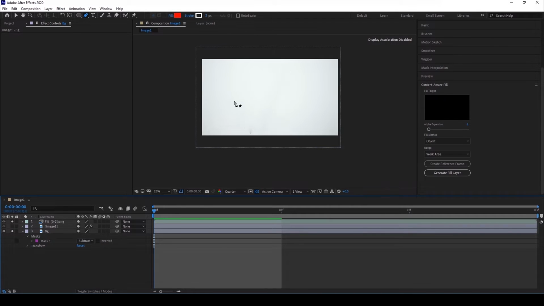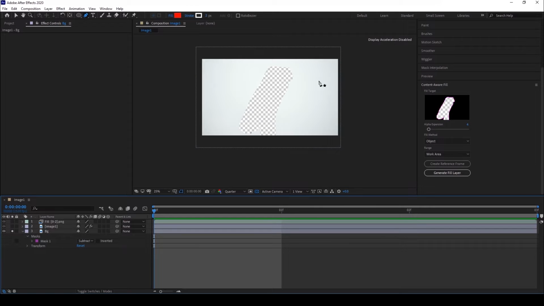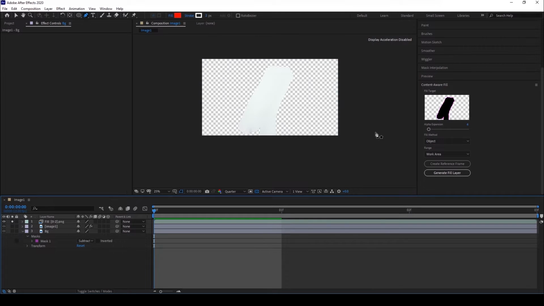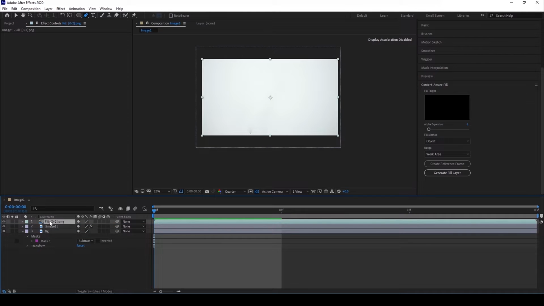And just select one, solo it. See, this selected area is covered with this other part, where the sky is, and it copies into the selected area. So this was the content-aware fill tool used. This is an amazing tool. Instead of going to Photoshop and copying with the clone stamp tool, this is the best tool. And just drag this fill under this image,